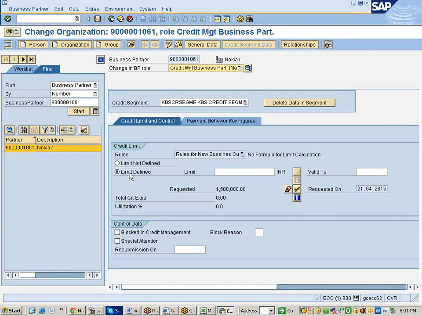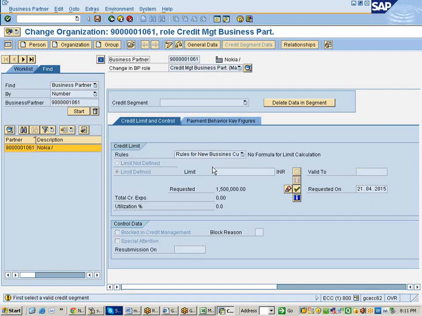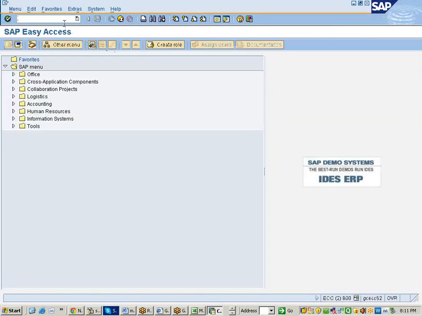So here if you select limit defined, the system will ask you to first update the credit segment. First the system will ask you to select a valid credit segment. So what is credit segment and how to update it? Let us come to the point. So here in the backend application,